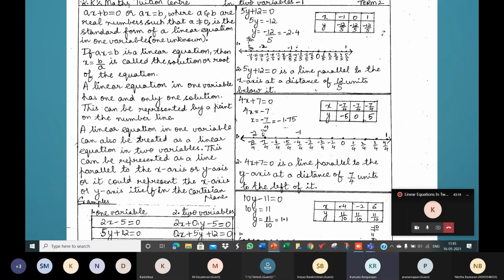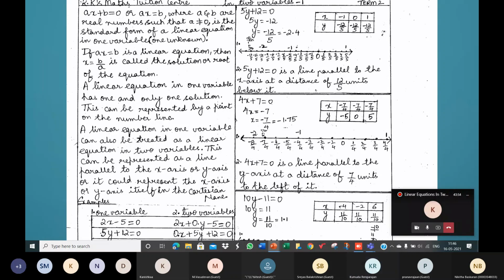So generalizing the example 3x plus 5, and any other examples we took up, I think I heard x plus 2 and then 2y plus 6, we say ax plus b, where the variable is x, or ay plus b, where the variable is y, or az plus b, where the variable is z. So in general, ax plus b is the standard form of a linear polynomial in one variable x.